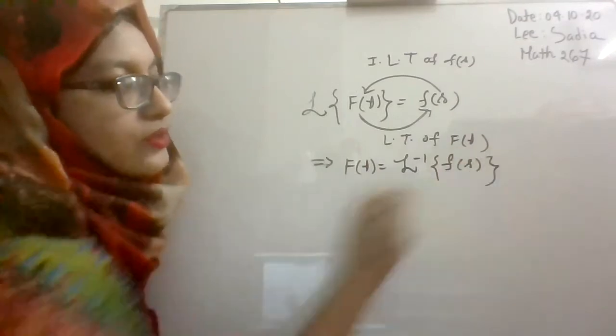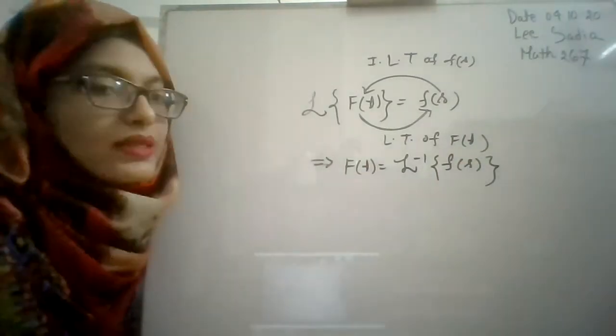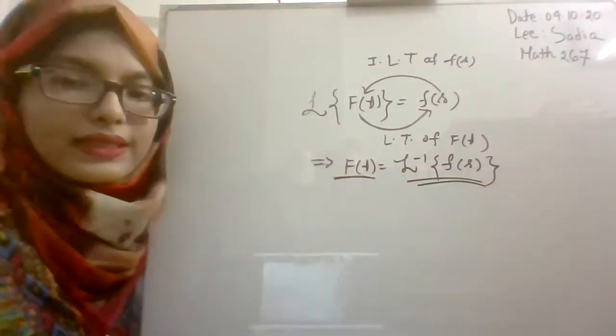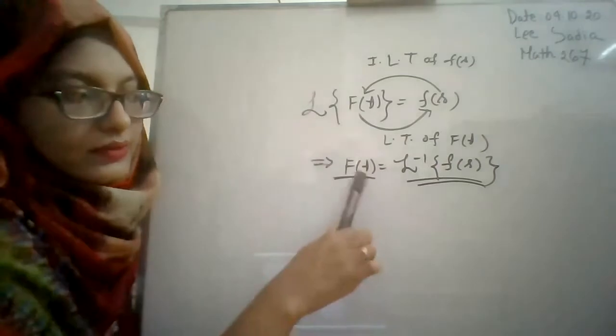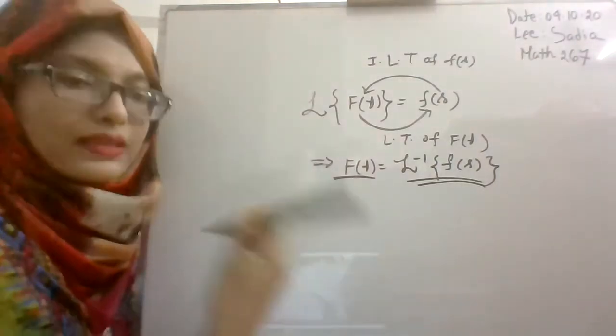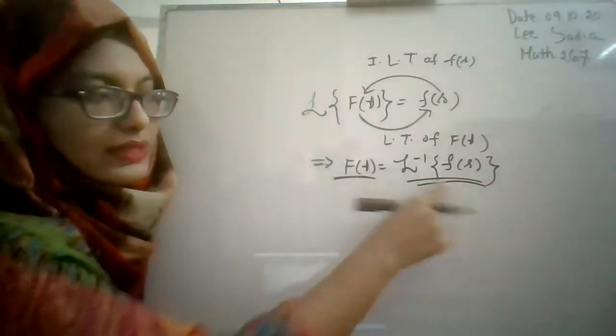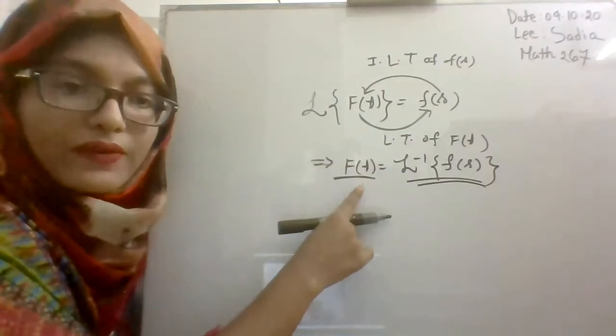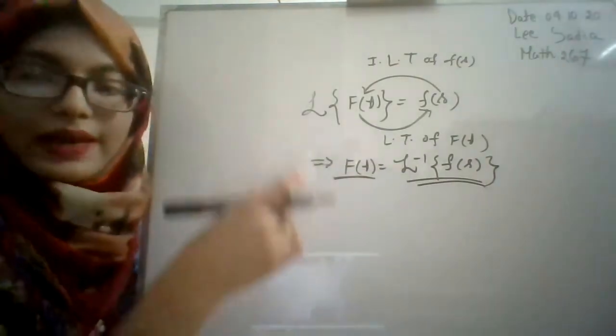Okay. So for writing inverse Laplace transformation, you can use this as notation, or this as notation. This is known as the inverse Laplace transformation of F of s. So as a notation, you can write down this or this, or directly f of t is known as the inverse Laplace transformation.